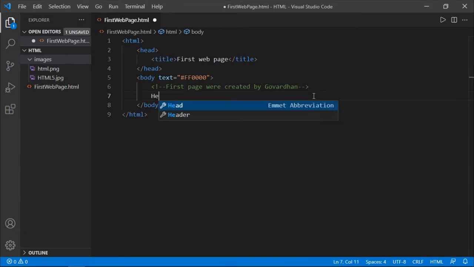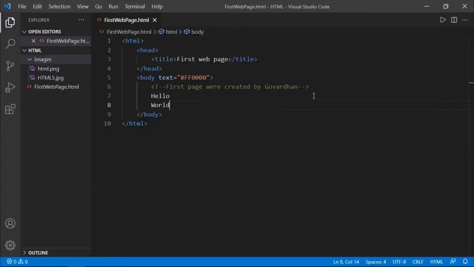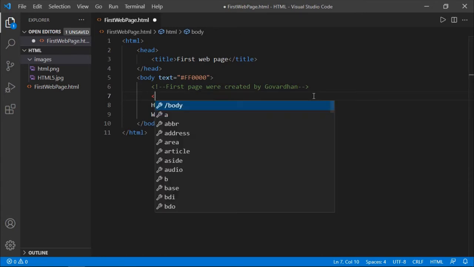I would like to display two words, say hello world, in two different lines. For that purpose, I enter the two words in two different lines. If you run this, it is going to be displayed in a single line only. Why? Because for a new line we have a separate tag that we call br. Without using br, if you want to print in this format, you have to enclose this data in a pre tag.